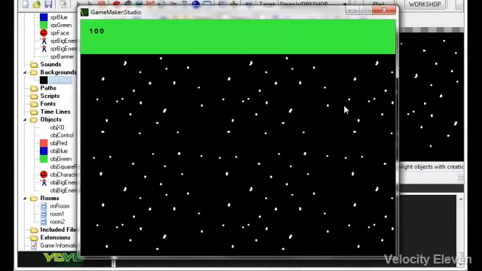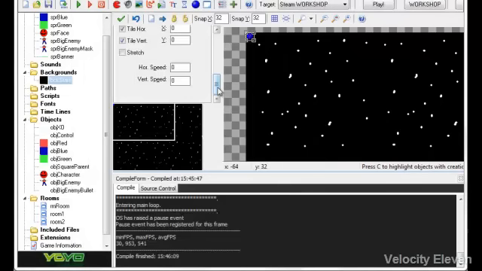And here we have it. We have our background with all the stars. It's tiled. We have the green banner from before and the number for our health. Now one thing that you can do is you can actually change the speed of the background, which means that the background actually moves. So horizontal speed is how far it moves across, and vertical speed is how far it moves vertically. So say we were playing a game where we were travelling through space and the background was moving,